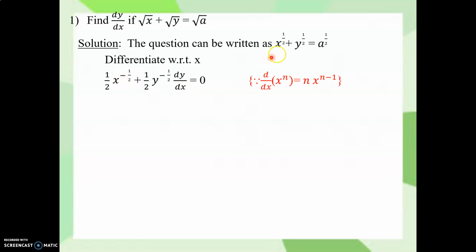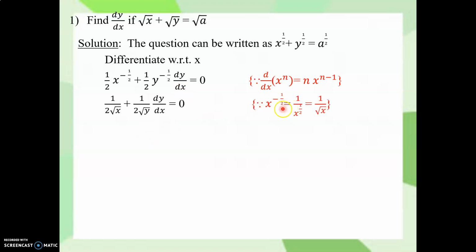Here the function is purely x. So we can take the derivative, it's in the format of x raised to n and the derivative of x raised to n is n into x raised to n minus 1. But here again the function is y raised to 1 upon 2. So we are considering this as x raised to n format. So we have to take the derivative of this function. So 1 upon 2 y raised to minus 1 upon 2. But since it is not x, you have to take the derivative of this y with respect to x. That is dy upon dx. You have to write it in that place, equal to 0.